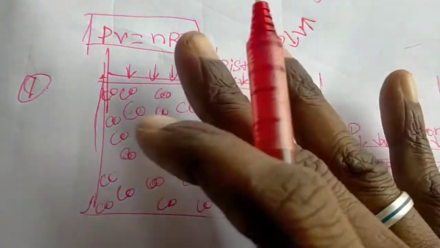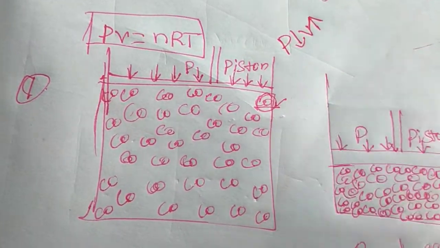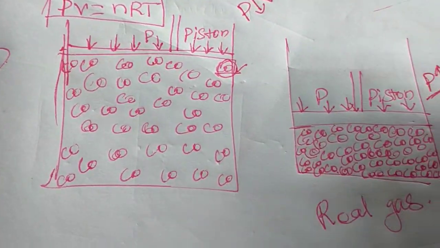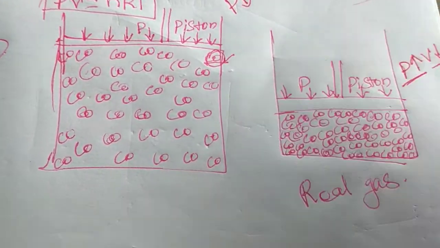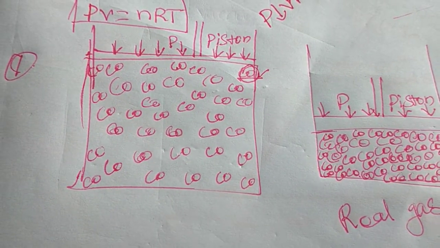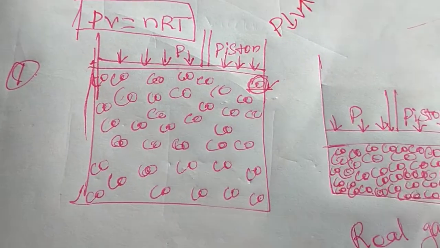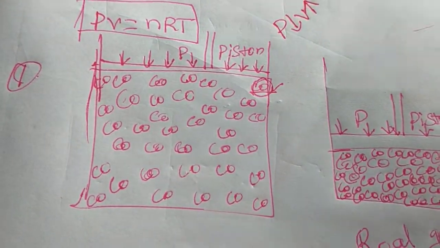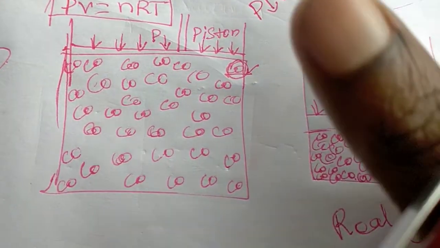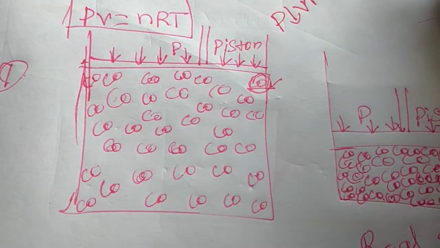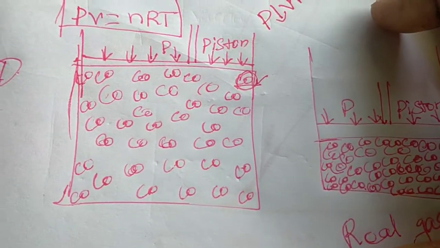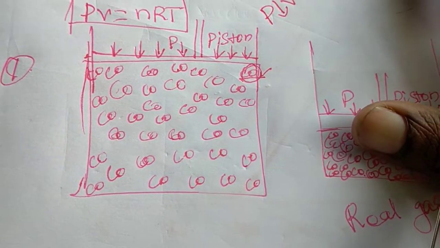They are far away from the other molecules, because the volume of the container is very large, but the molecules present in that volume of the container are few. So that's why the volume occupied by the molecules in the vessel is negligible, because that is a small volume. Because of this large amount of volume, the molecules are not close enough to attract each other. So because of that, the attractive force between the molecules is negligible.